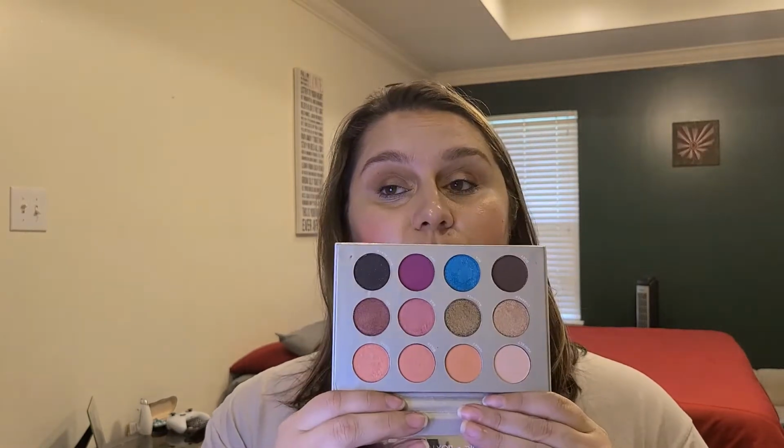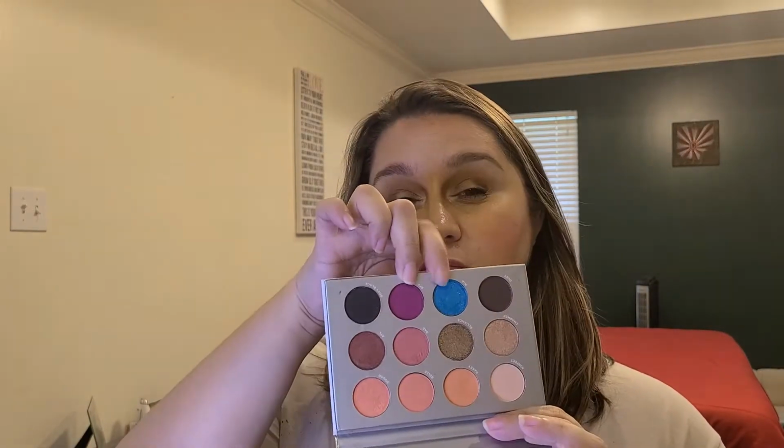And this other one, this one's kind of getting old. This is the Pure and BoxyCharm. So obviously I got this in BoxyCharm. I don't use this a ton, and when I do, I stick a lot to these shades. I've used these two a couple of times, but not enough to really have an opinion on it. And then I only have 2